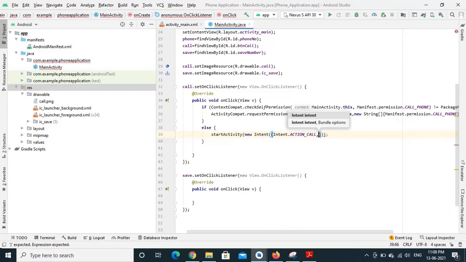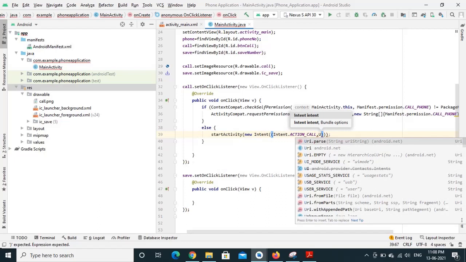And the next argument is we have to call the URI class, that is Uniform Resource Identifier, to pass the phone number as a string to place the call. The method is Uri.parse.